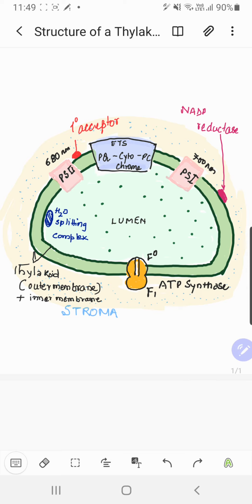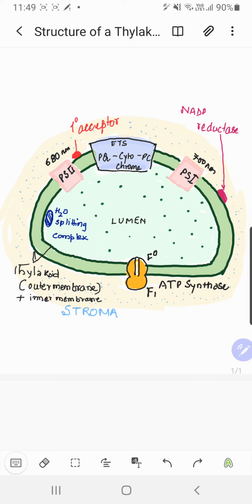Inside the hollow cavity, which is filled with a liquid inside the thylakoid, the concentration of hydrogen ion is to be maintained. And during the same phenomena, the ATP synthesis also takes place. That's a part of photophosphorylation. But at that time, while drawing the flow chart, we just write that okay, ATP is formed, but how it is formed, that you will learn here. I mean, there is a big lengthy process behind the formation of ATP, right?